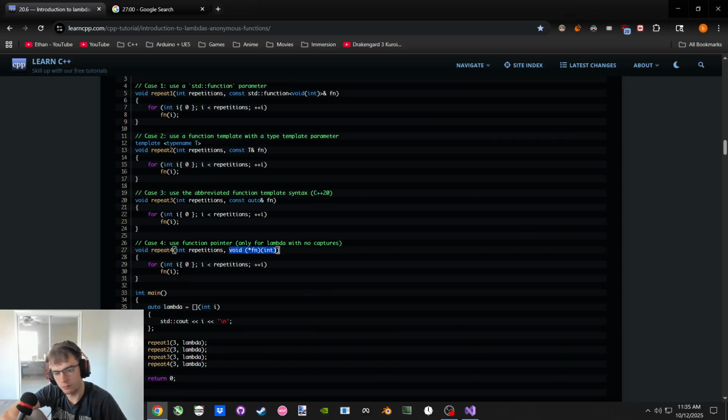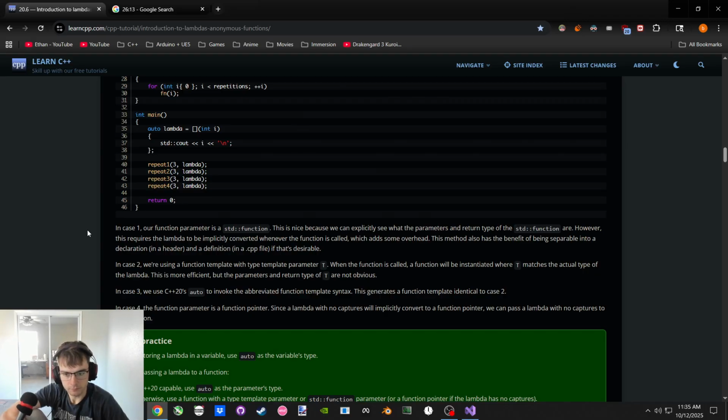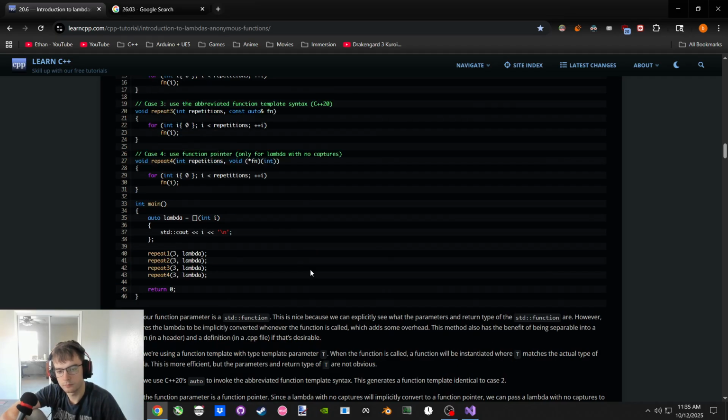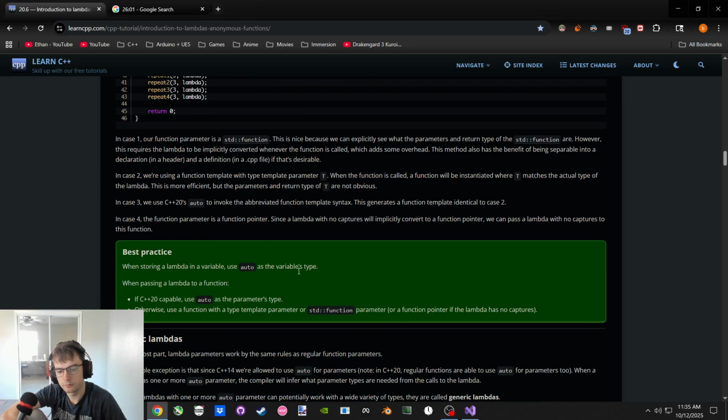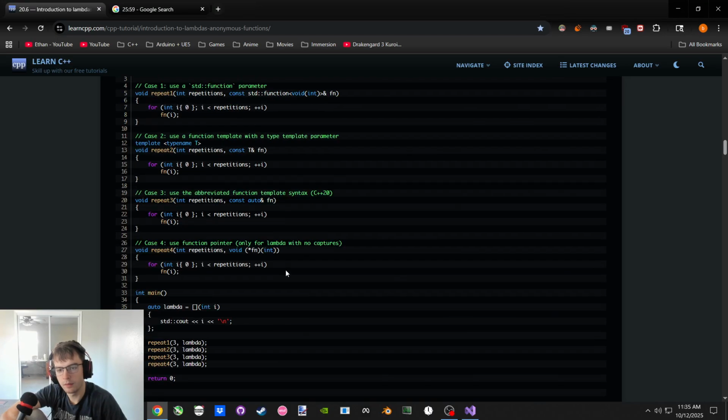It's repeat forward. It takes a pointer to a function. It's void returning and takes an int. Cool. Yeah, it makes sense.